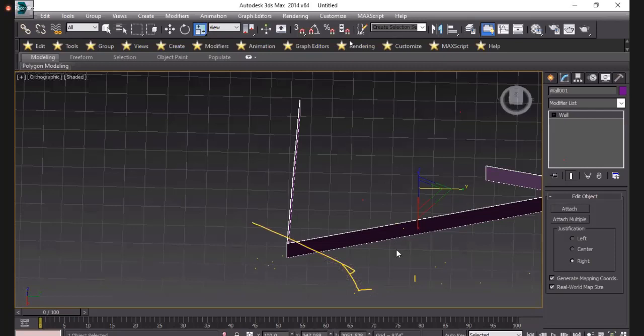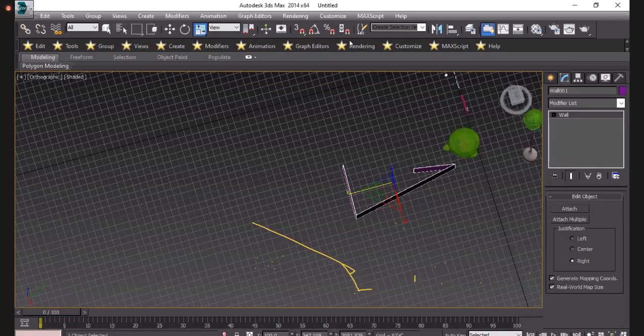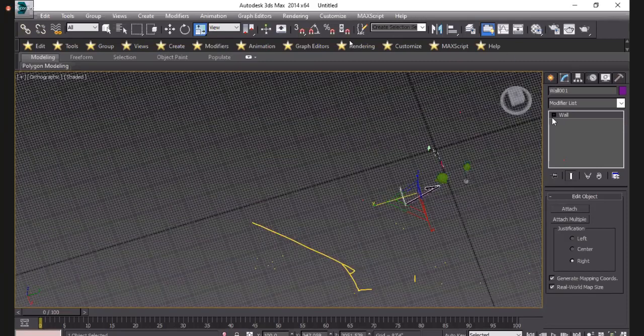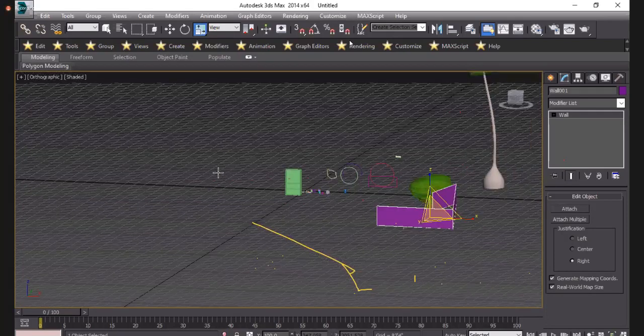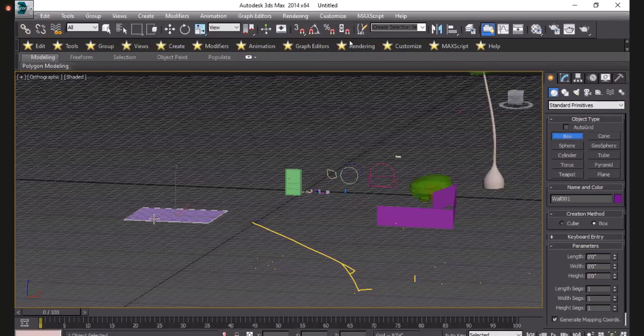But when we model anything, interior or exterior, when we use the box for our modification, it's the simplest way to create a wall.